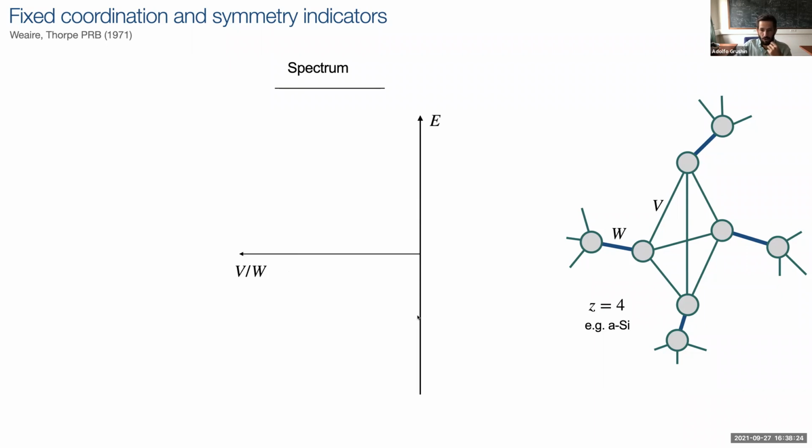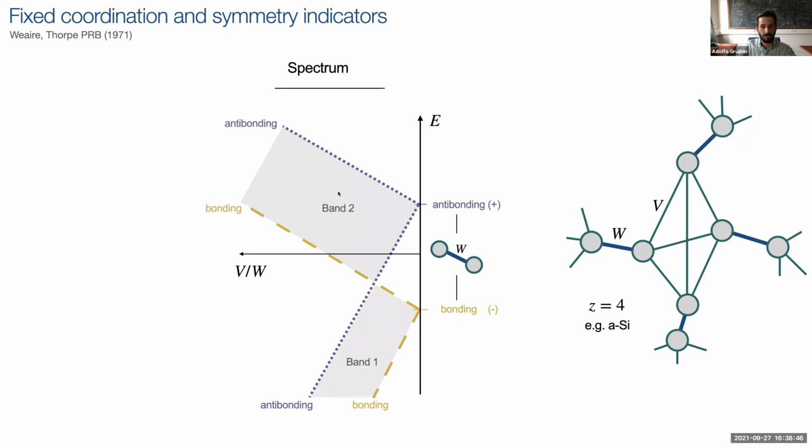And okay, so if V is 0, then this hopping here is 0. And so you only have dimers. By dimers, you know that those dimers have inversion symmetry. And so they would have bonding and anti-bonding states. So all the states would be collapsed at 2 different energies. And as you increase W, these states would hybridize and open up into bands,